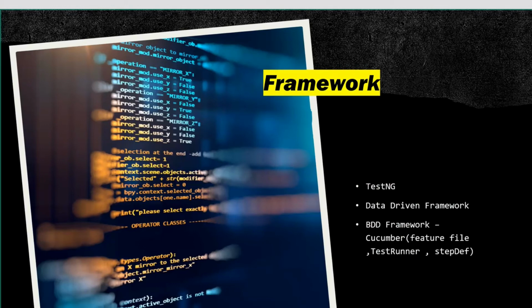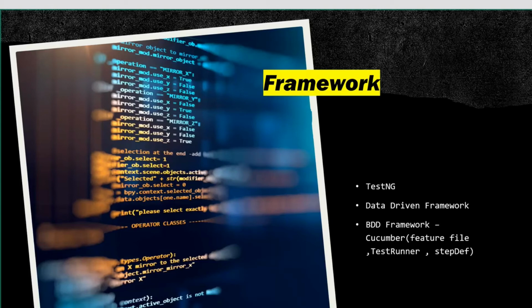So how can you achieve all this through your framework? By definition, a framework is nothing but your own set of rules which makes your script readable, runnable, easy to understand and maintain. To achieve this, we have the TestNG framework. TestNG stands for Test Next Generation. There are certain annotations provided by TestNG if you want to run particular things in a particular order, or make test cases dependent, meaning only once login is done, other things should happen.